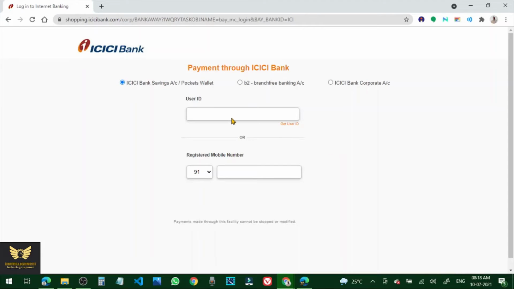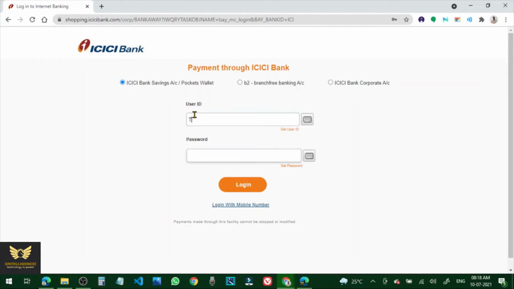Enter the user ID, then enter the password. After entering the password, click login.